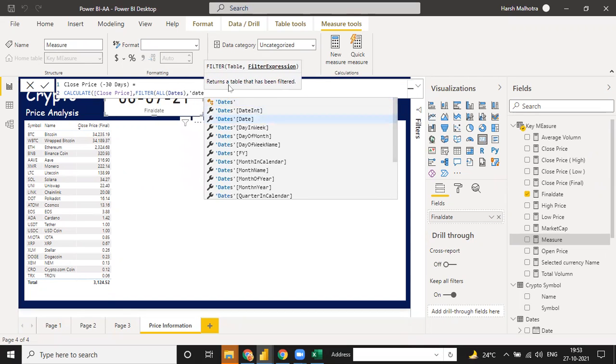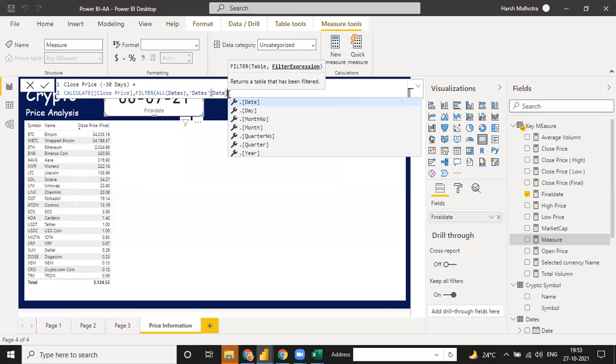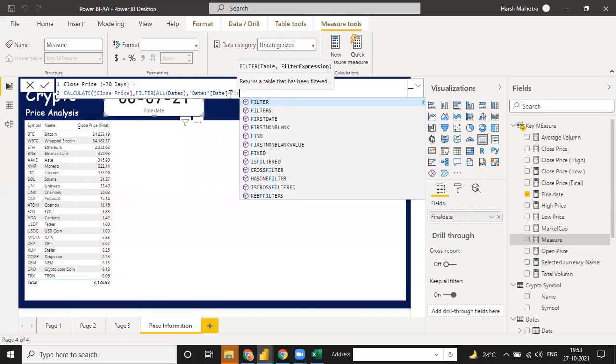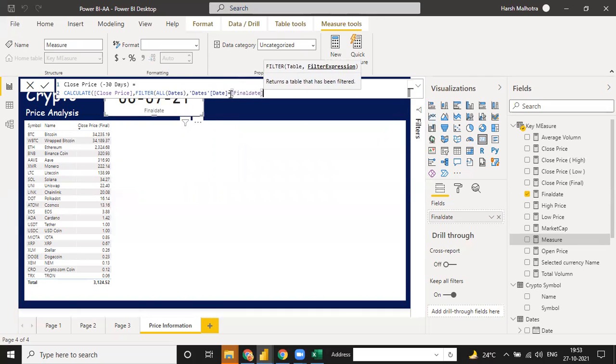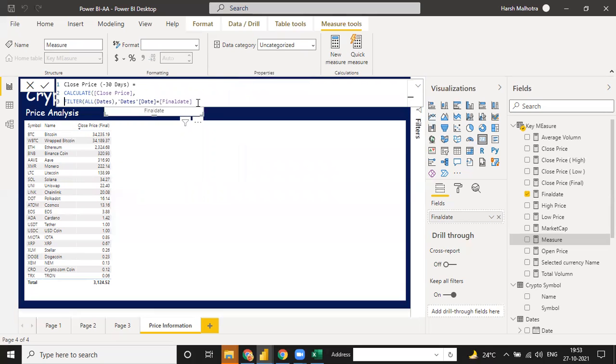so there we have a date table. So this value gives you all dates, and when you click this final date into here, this value gives you the final date price, which means this is your close price. If I divide here, the value is for calculate close price